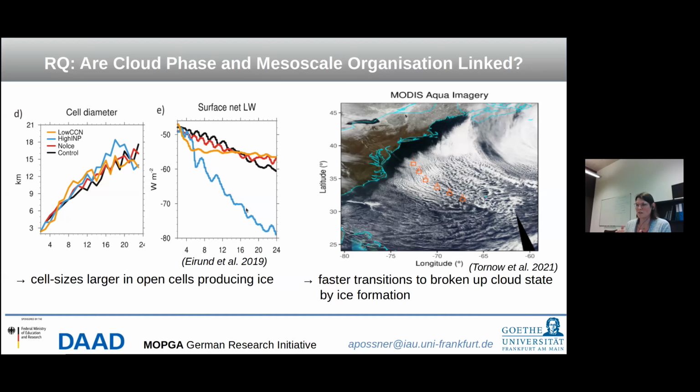It changes the reflectiveness inside the cell and actually makes it less transmissible to radiation. So that's the one set of indications in these proof of concept studies that organization and phase may have a